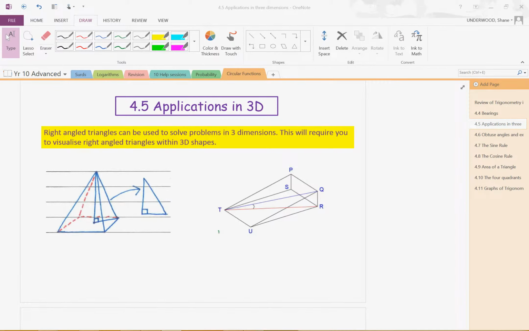Alright, so in this very short tutorial, I'm going to go through applications in 3D. Now, what you need to do is visualise. We've been doing right angle triangles, but at times you need to use them in situations where we have 3D shapes. So you can see over here, I could, for example, have a square base pyramid, in which the height here